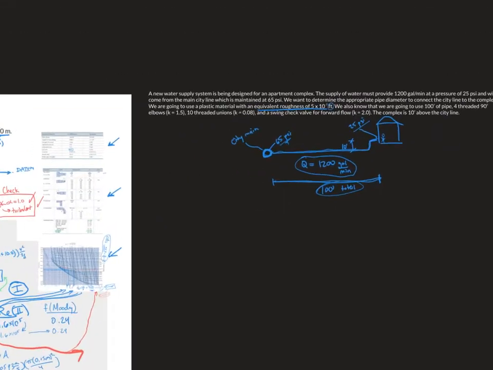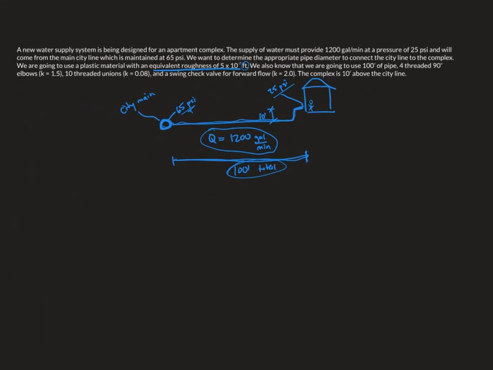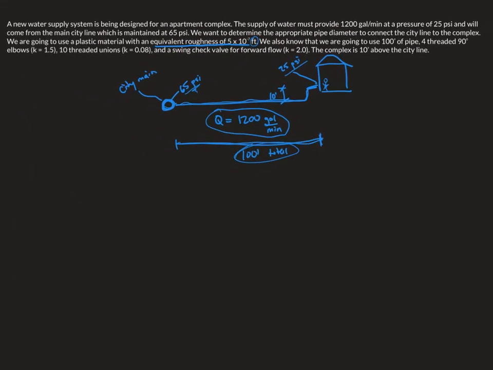The only other tricky thing about it is it gives us an equivalent roughness, so it gives us Ks, is what we would call it. So that would be 5 times 10 to the minus 7th feet. And it tells us,